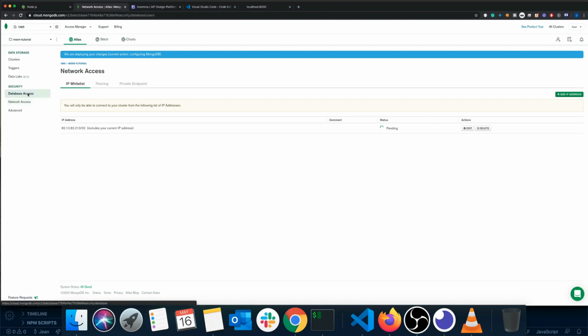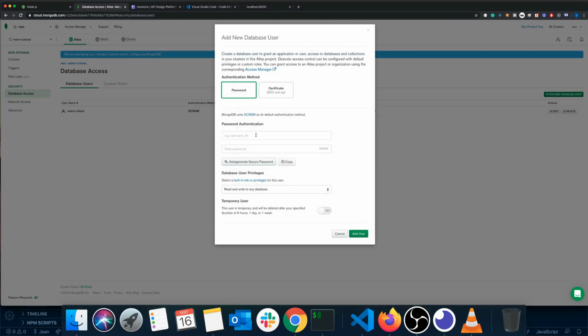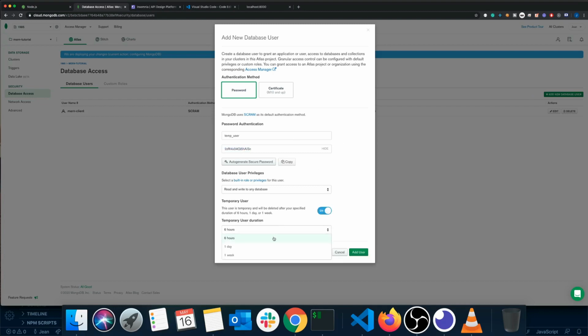The next thing that you need to do is go to your database access, and then you need to create a new user, right? So we'll add a temporary user here. We're going to use a password for that. This will be a temp user for me, just so that I can record this tutorial. And the password, I will auto generate, so I will show you which password it is, because it will be temporary. This is going to work for just 1 day. Of course, to carry on this tutorial, I'll be using other users. So I suggest you create your own user and use your own credentials. I will copy this, right,